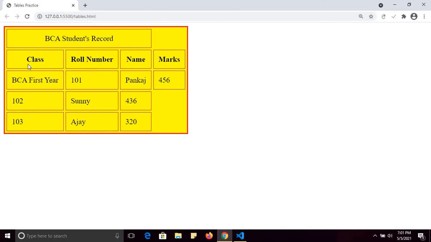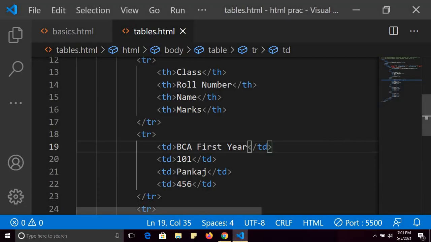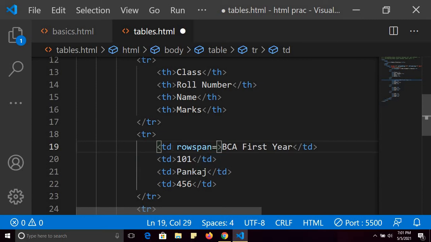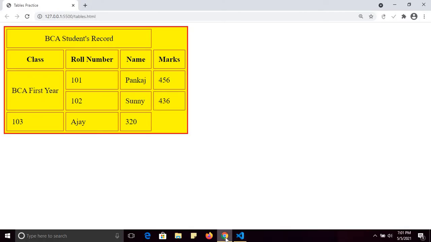See, class is BCA first year. Fine. And here I am going to use a row span. Row span is equals to, I will explain you just in a minute. Let me show you the output first.